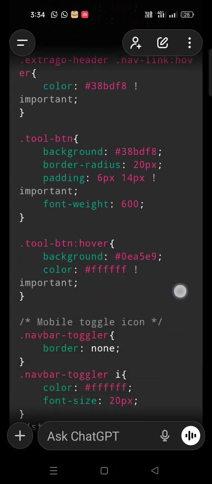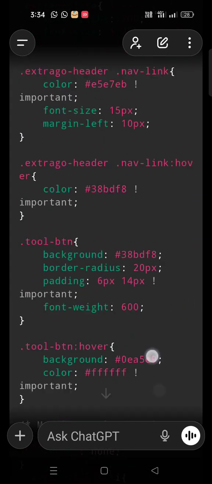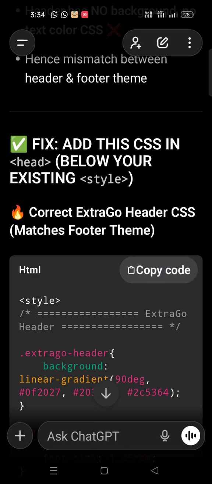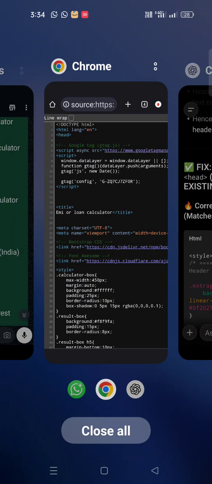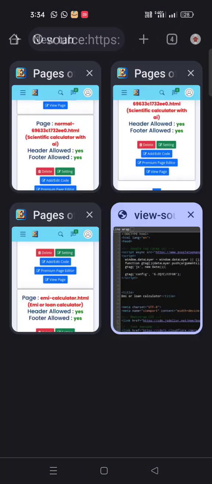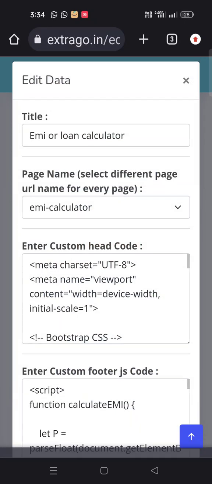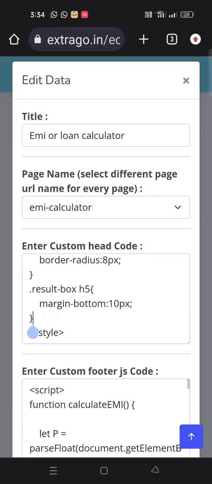This is the code I need to write there. Yes, this is the code I need to write there. Copy this, go here, and press the tab section, close it, and go here, and in the settings section, inside a style, put that code.